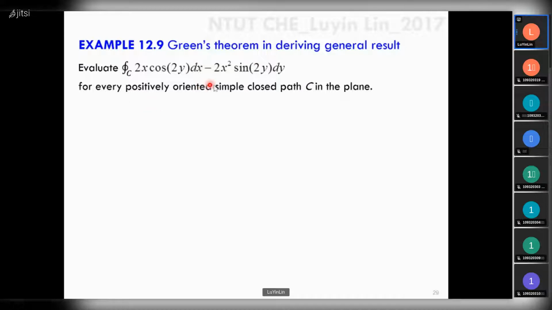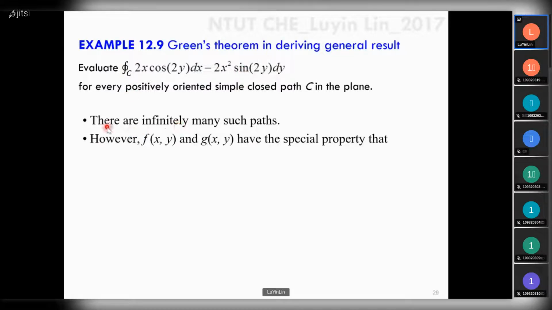The condition for x and y is every positively oriented simple closed path. So that means actually this example does not give you any condition for x and y, right? Because it is for every positively oriented, every, so no single condition. So how to calculate the line integral here? Because there are infinitely many such paths, that means no single